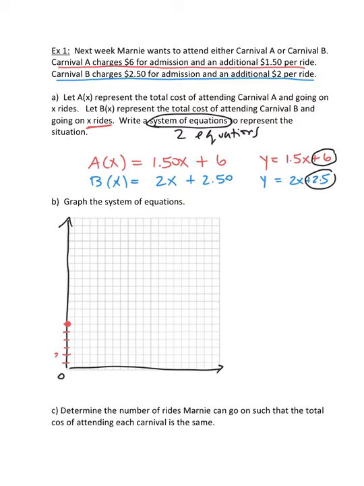Okay, so I'm counting by ones. 2, 4, 6, 8, 10. And I want the slope of that line with the y-intercept of 6 to be 1.5. So that means I'm going to go, it's kind of hard to go up 1.5. So 1.5 could be rewritten as 3 over 2, right? 1.5 is 3 over 2. So if I go up 3 lines, 1, 2, 3, and across 2 lines,